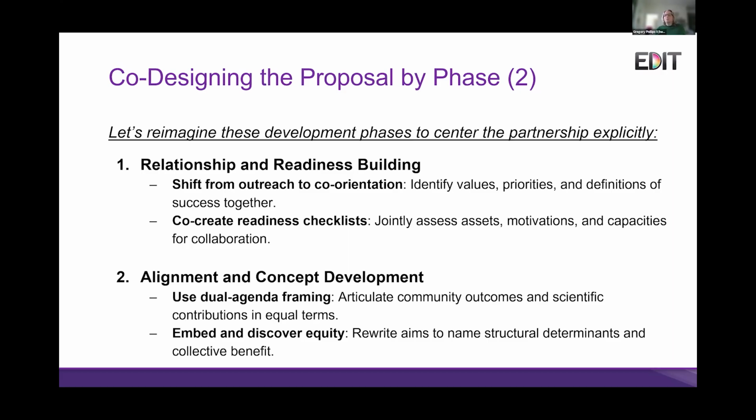But a lot less often we do readiness checklists for academics to see how ready we are to do community-led, community-engaged relationship building and partnering. So developing these checklists together to see not just our own personal readiness, but those of our team and our institution to do this work is great at seeing where there are difficulties in the process, where there are things we might need to address in advance.